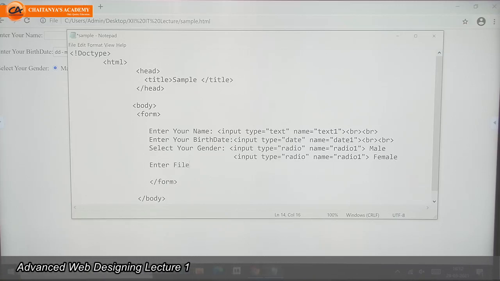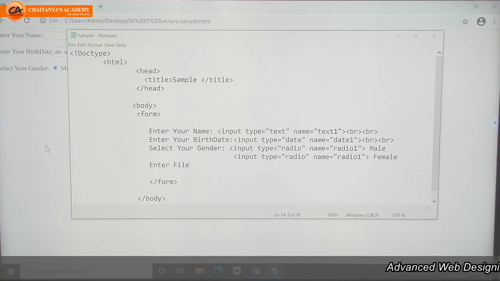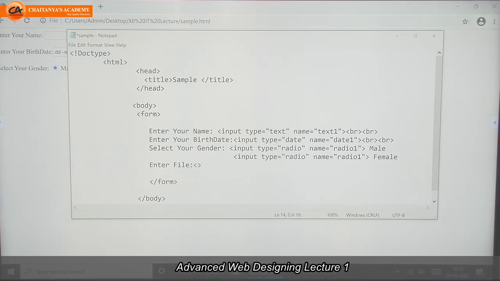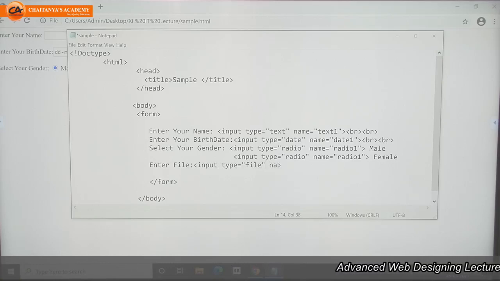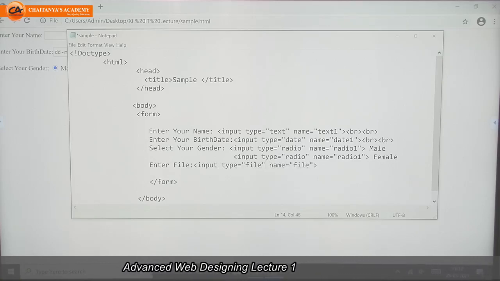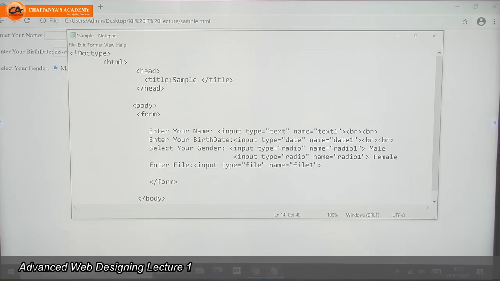If they want us to enter a file, whatever file you saved on that system or PC, if you want to upload that file, for that purpose we have one input type, that is input type equal to file. Give the name of that file, whatever name you want: enter file.